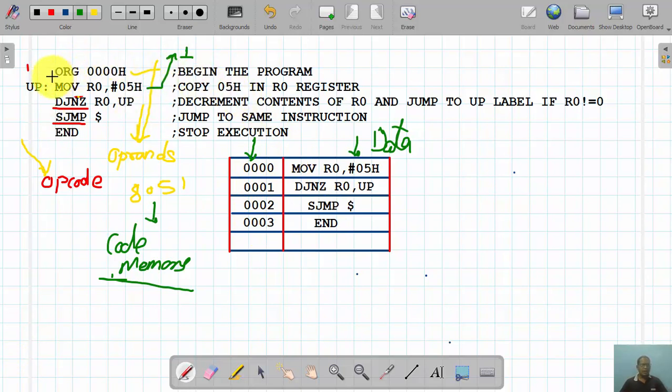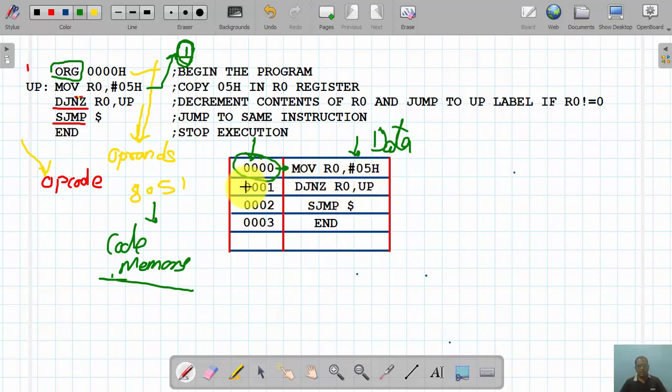The moment I write ORG 00H, the memory location 00H gets selected or initialized, and whatever code is written from 00H will get executed. So the first instruction, MOV R0, #05H, is stored at memory location 00, and each instruction requires a single byte of storage. Then I write DJNZ R0, up.